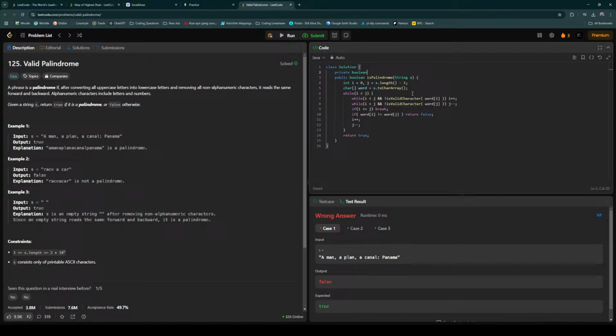Is valid character, char c, returns c greater than equals a and c is less than equals z, or